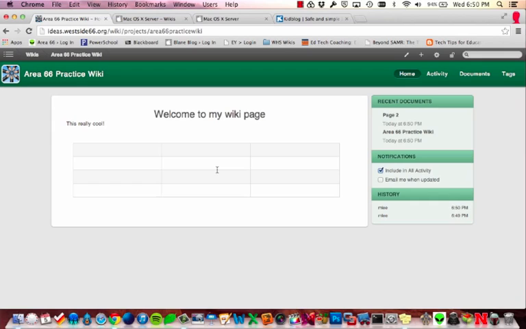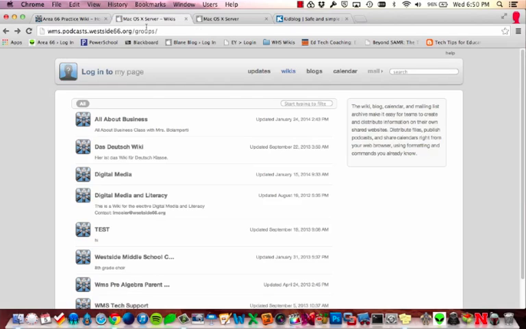If you're interested in learning more about this wiki, check out area66.westside66.org, click the upcoming training tab, and you can sign up for a training that we have dedicated to how to use this wiki. Now at the middle school, you have your own wiki server,